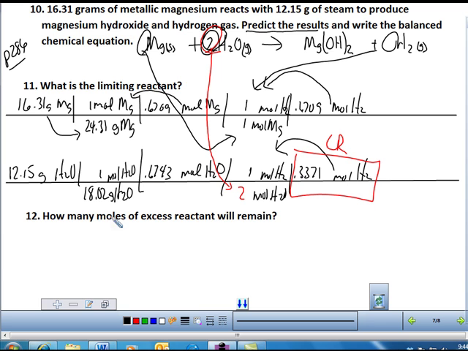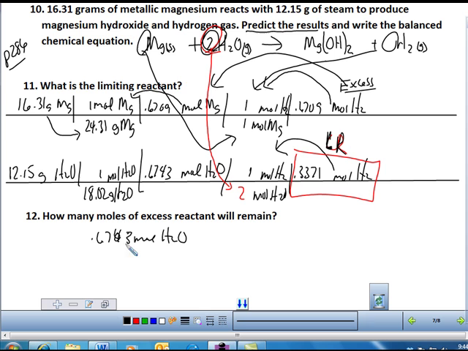Now the next part of the question says, how many moles of excess reactant will be left? Well, if this is the limiting reactant, let me make that clear, L, then this must be the excess. This question just says how much excess. So how much of this do we need? The excess is the magnesium. So we take our quantity of limiting reactant, which is 0.6743